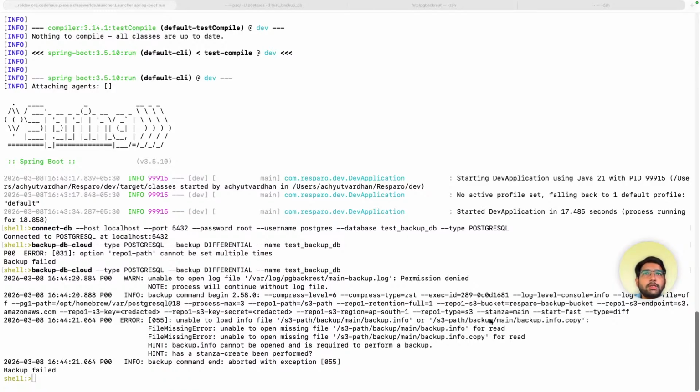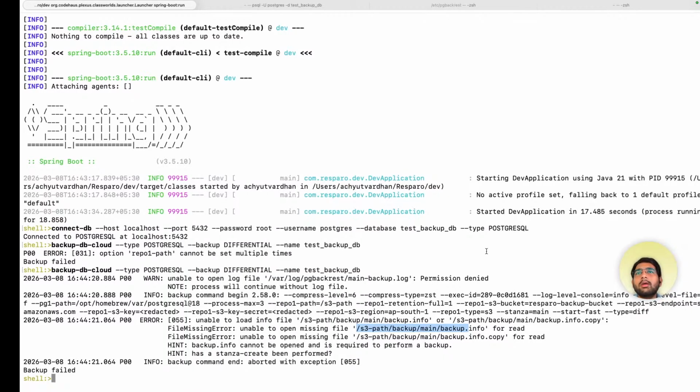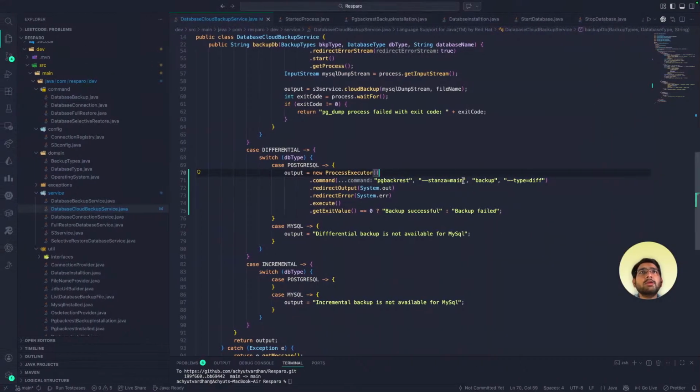Compression level 6. File missing error. Unable to open the missing file. That is S3 path backup main backup total. एक मिनट। क्या भेज रहा है? हाँ ठीक है, यही तो एग्जीक्यूट होना चाहिए।